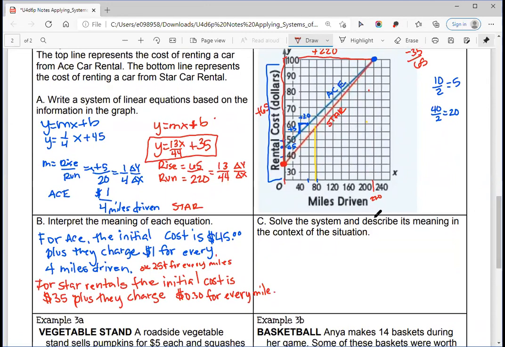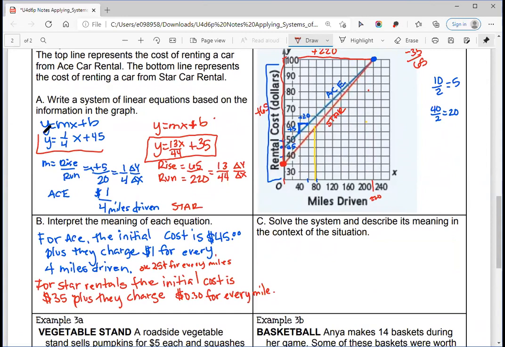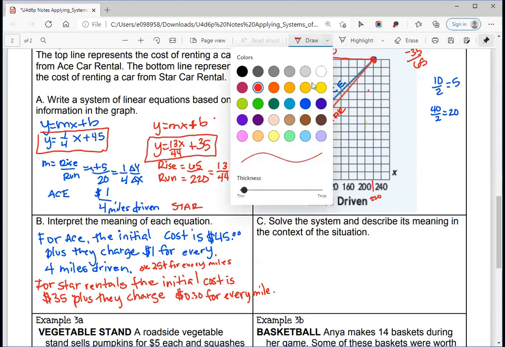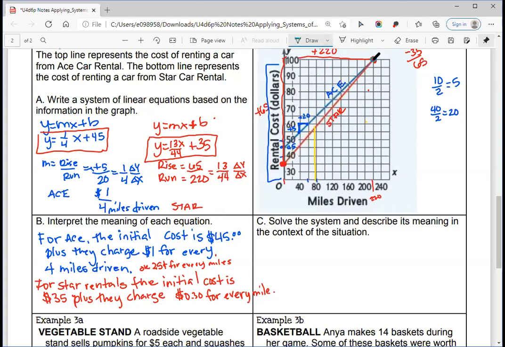All right, so solving the system and describe its meaning in the context of this situation. Okay, so ladies and gentlemen, we have our two equations, yes? What method do you think would probably work the best? Graphing, elimination, substitution. You can go ahead and put G, E, or S. Graphing. I normally think of elimination, substitution automatically right off the bat, but hello, solutions live where the lines touch. There, we're done with all our hard work, right? We don't have to do anything else. So when they give you a graph, great, let's use it. So that solution is